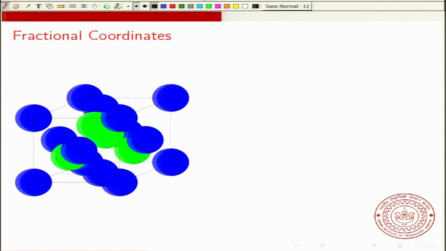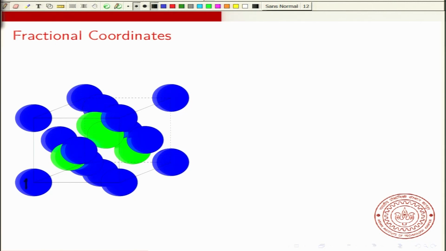In terms of fractional coordinates, let's write the fractional coordinates of some atoms. If you recall, in fractional coordinates, you write it in terms of fractions of the cell sides of the cell. So if this is a,